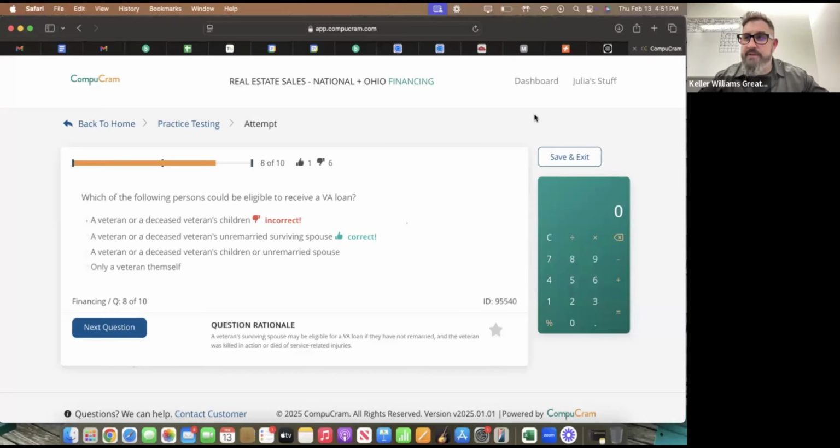VA loan is a unique vehicle that is backed by the federal government rather than a lending institution, and in most cases requires 0% down payment. That veteran would only be covering closing costs. Additionally, there's an additional appraisal that would need to have happened by the VA lender's appraiser as well. So a couple of fun facts there for real world experience.